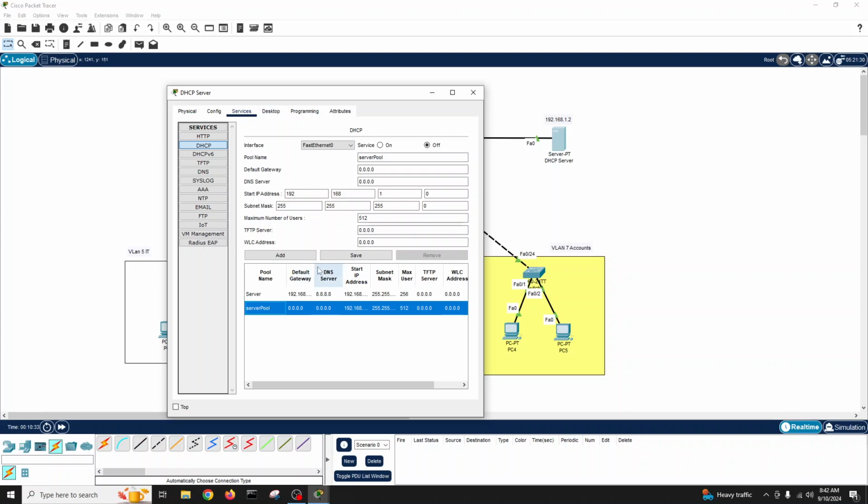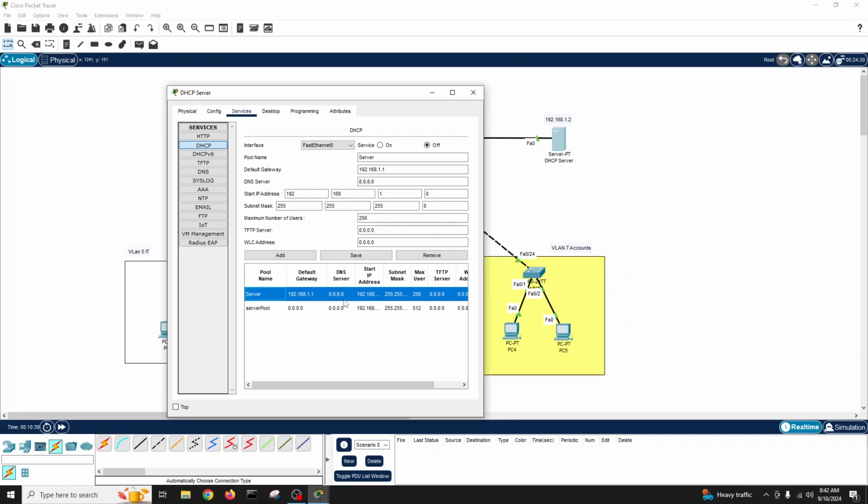It's not removed, but we can leave it. So this is our servers pool. So we have DHCP, DNS, and starting IP. Oh, we messed up the starting IP, okay, remove it. Okay, sorry, server gateway is 192.168.1.1, DNS is 8.8.8.8, and our starting IP,